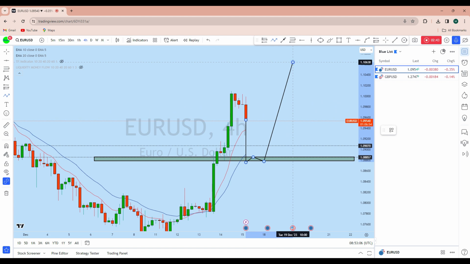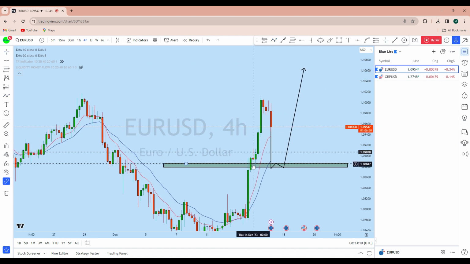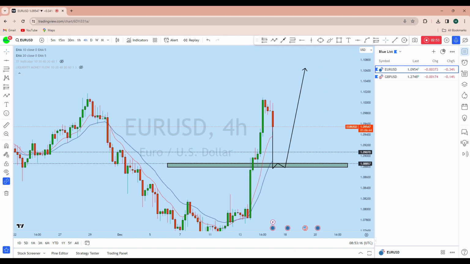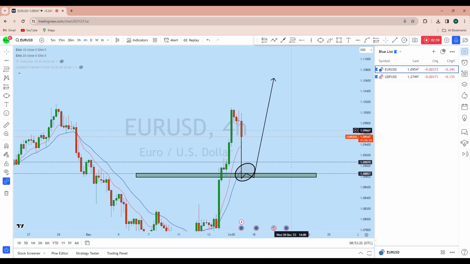And I think that EURUSD may try to return back again, as this level is a high liquidity zone, and from this zone we can expect EURUSD to have an upside bias, and this is where I'll be waiting for EURUSD to give us a suitable entry opportunity. As soon as we find a suitable entry, we'll look for going long on EURUSD with a high probability